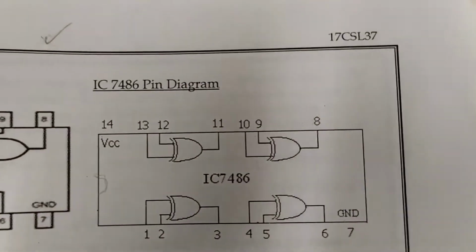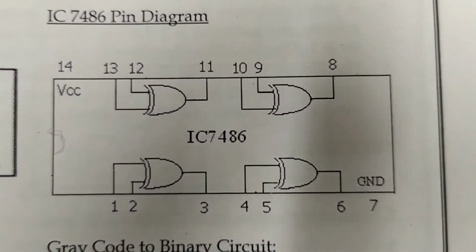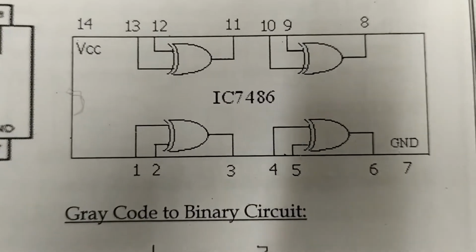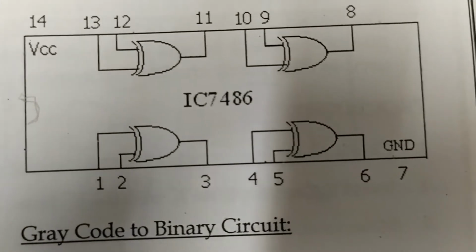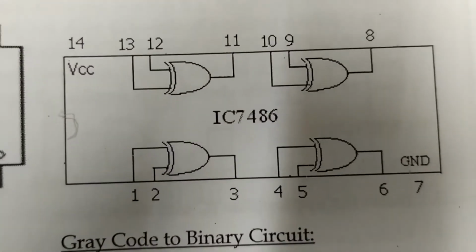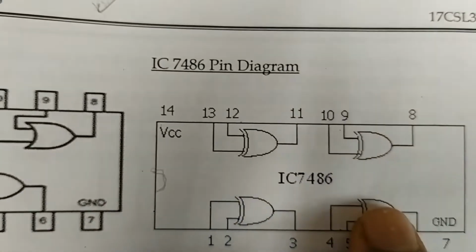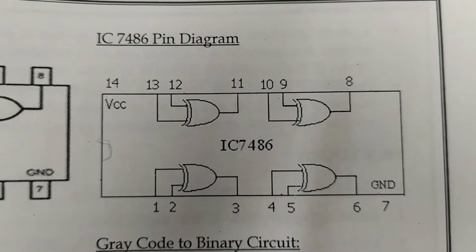The pin diagram of the XOR gate, which is not explained to you, you can see it here. This is your XOR gate. 7486 is the XOR gate with 4 XOR gates inside. So you can see it's also 14 pin IC, with pin number 14 is VCC and pin number 7 to be the ground, and the remaining things are 1 and 2 are the input, 3 is output. So I will be having 1, 2, 3 and 4 XOR gate inside my 7486 IC.